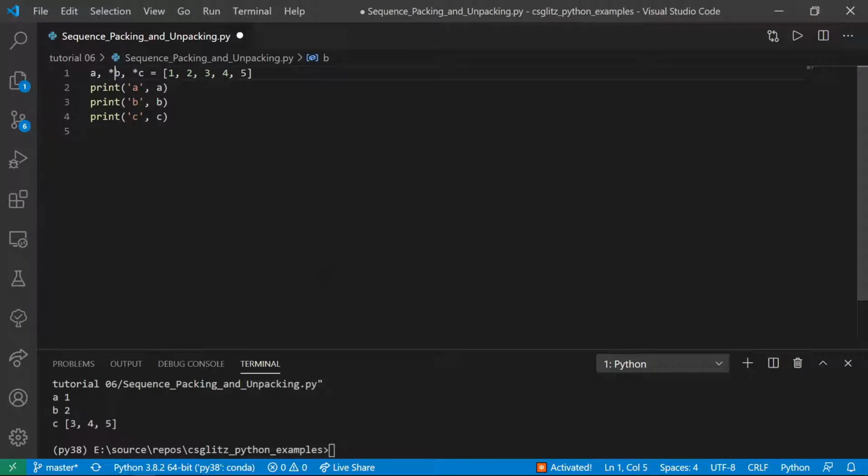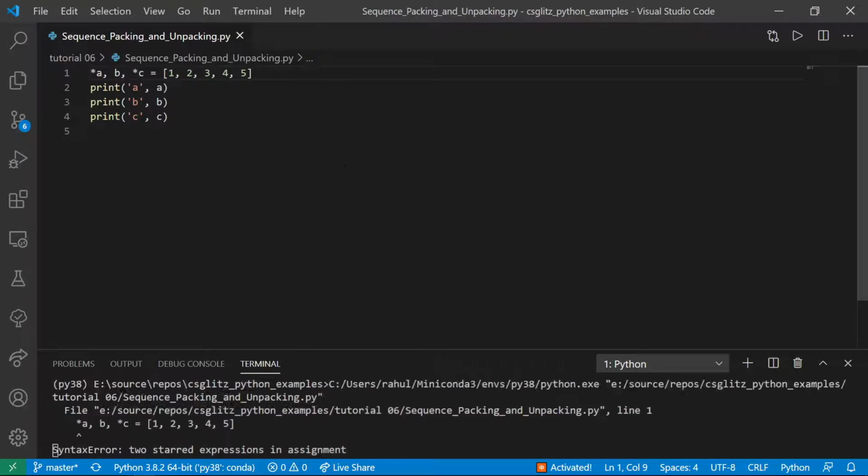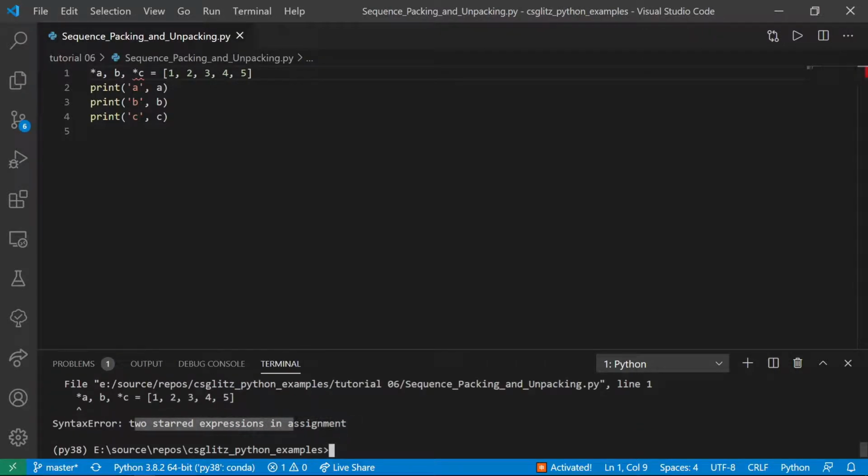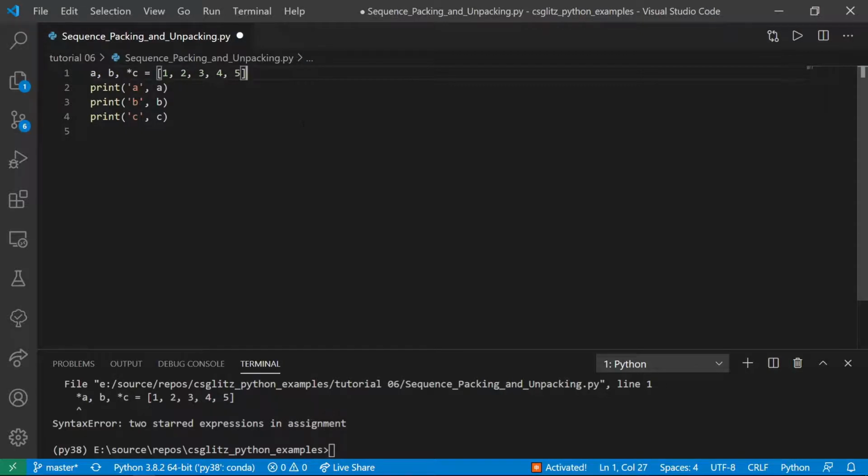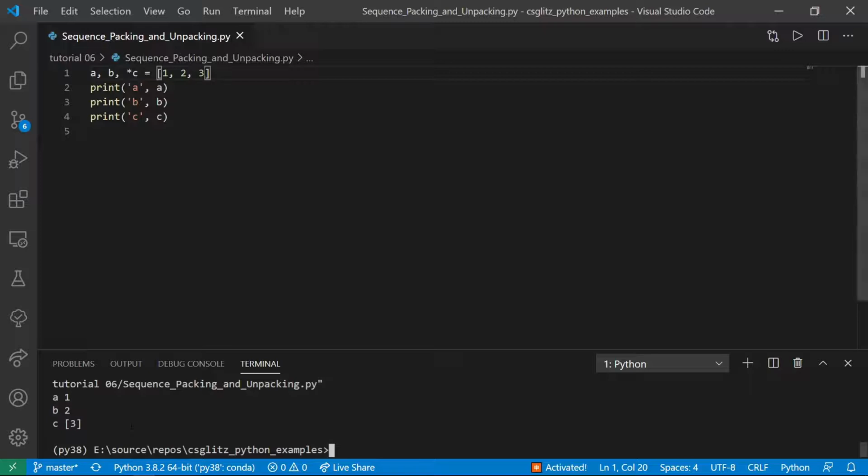We can use it on any variable. However, we cannot use it more than once. It can have a single element or no element at all.